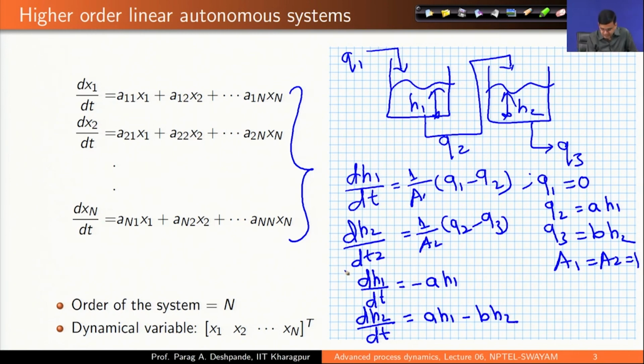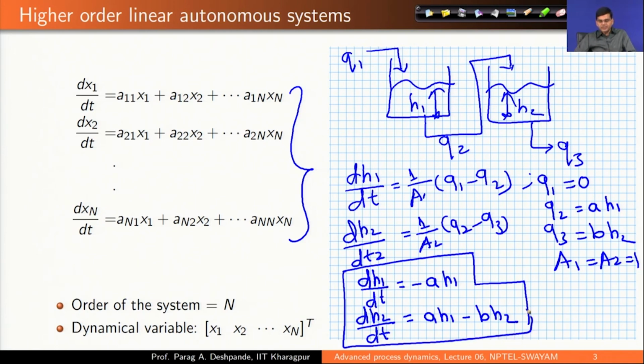Okay. So, we have these two equations, and what we see is that the equations are coupled. This equation, for example, has h1 and h2 both. So, equations are coupled. In fact, you can always write this equation as plus 0 times h2, and you